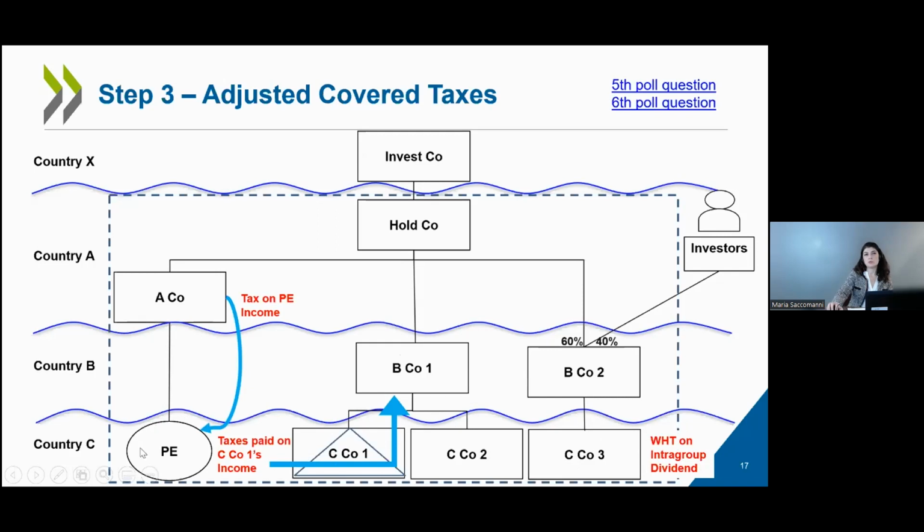Then here we see represented the rule that we just explained, according to which any taxes paid by the parent on the permanent establishment income shall be attributed here, following of course the special rules provided in the model rules. And here, where the income of BICO2 would qualify as passive income and so be subject to the CFC rules as determined by country A, then such CFC tax shall be pushed down to BICO.